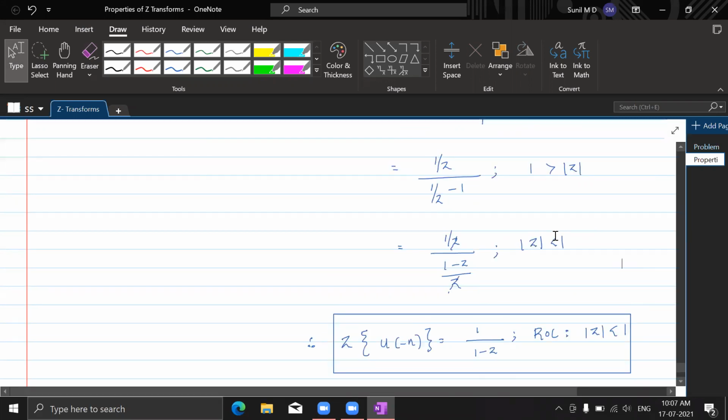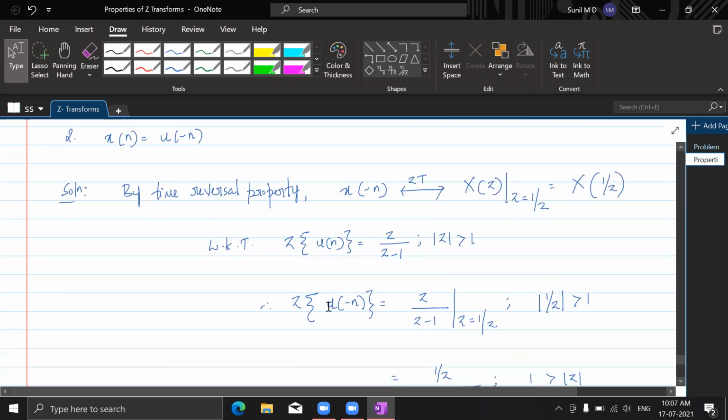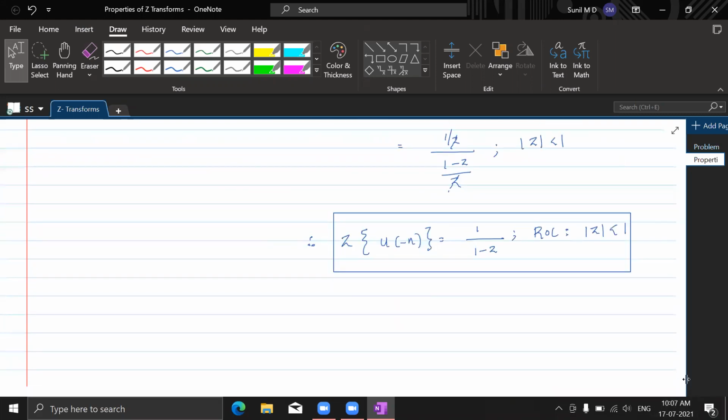Fine. I hope you followed this. So first we need to identify which is the basic signal, find the Z transform of that, or just get to know the Z transform of that. Let's write that. And once we know the Z transform of this, finding the Z transform of u of minus n would not be difficult, because in this you have to just replace z by z minus 1. Okay, and when you replace z by z minus 1 in this Z transform, here also we need to do that. Get that point, everybody?